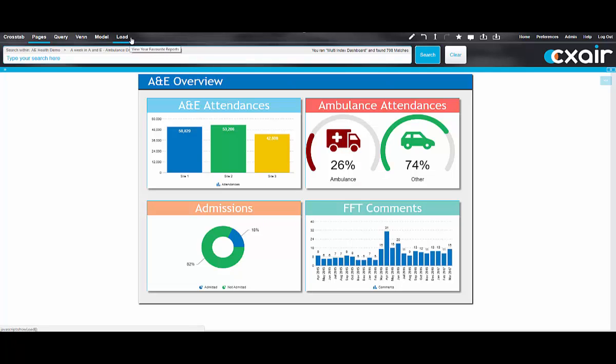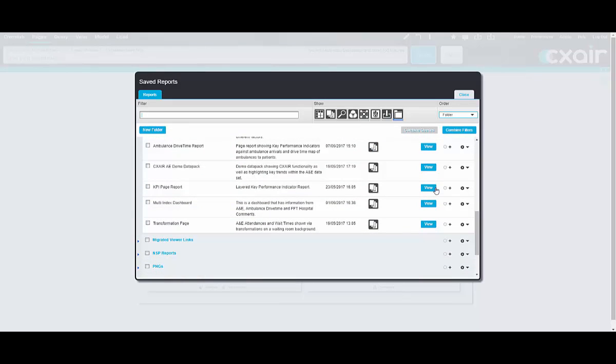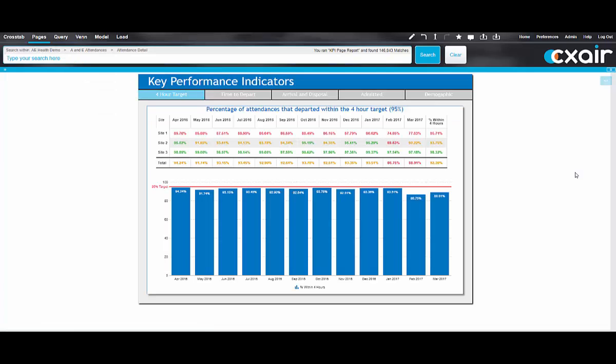Okay, so moving on, the next report I'm going to show is the KPI page report. If I load that one up, what you can see is this shows different key performance indicators on different tabs. So we've got 4-hour target at the start. So this shows a few different